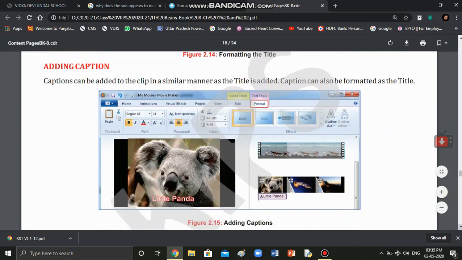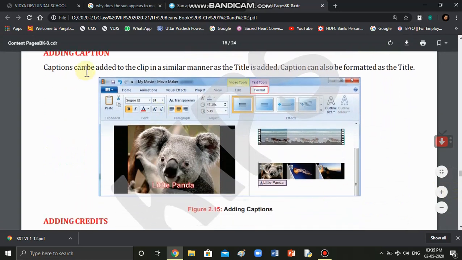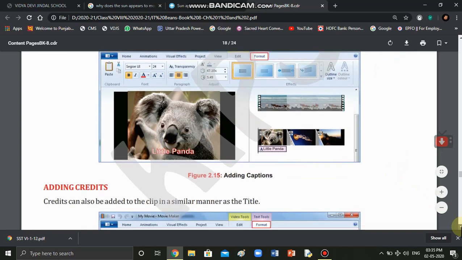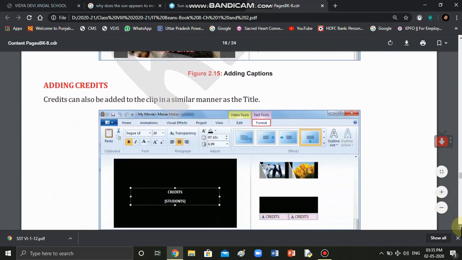So similarly, you can add caption. Captions can be added to the clip in a similar manner as title is added. Caption can also be formatted as title. Like here they have given a caption little panda. Then adding credits.